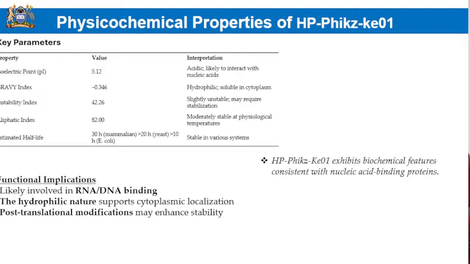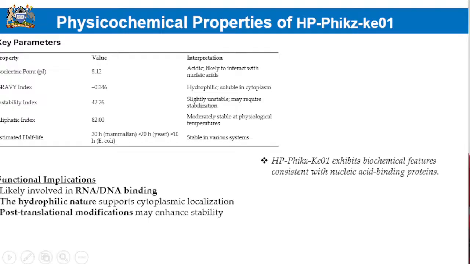It has a gravy index, which is the hydrophilicity or hydrophobic nature of this protein. If it's negative 0.34, then that means it's hydrophilic. So that means if it's found in the cell, in the bacteria, then it could be soluble in the cytoplasm. The instability index: if it's below 40, it's stable. But if it's above 40, it's slightly unstable. That means this protein is unstable and could require